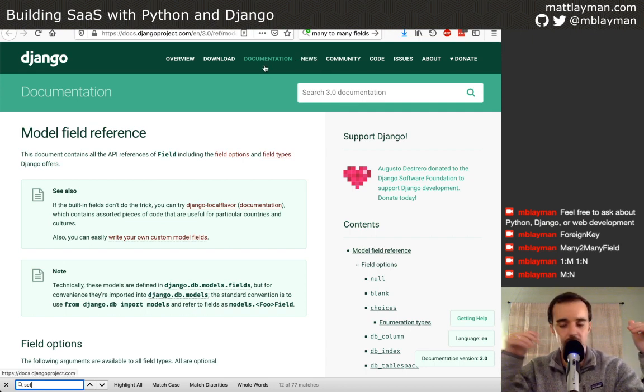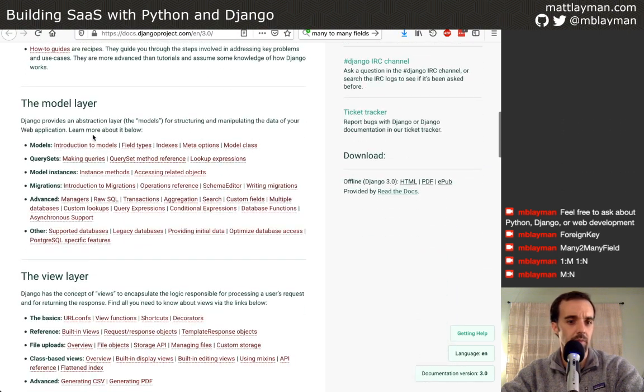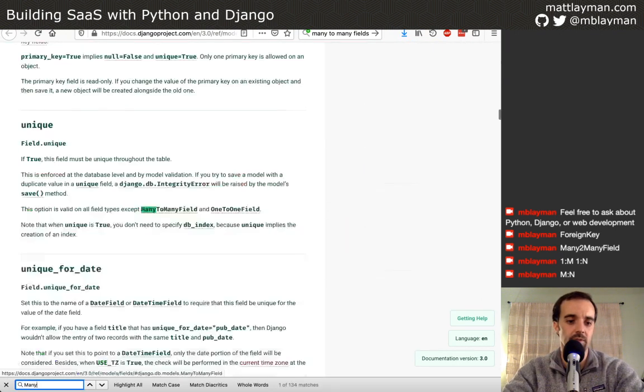I dove pretty deep into the API reference here. So there might be a better documentation path to get to this, because I went straight to the heart of the field type, and it may be better served by going from the top of the documentation down in. So there is this model layer area of the documentation, and it's got fields, a fields reference. And now if I search for many-to-many,